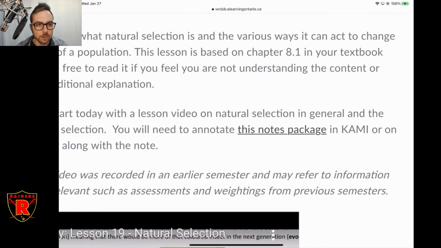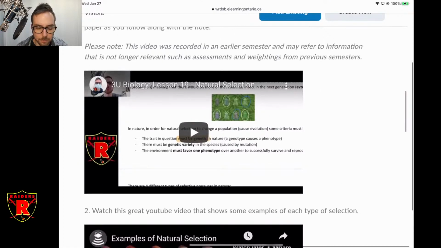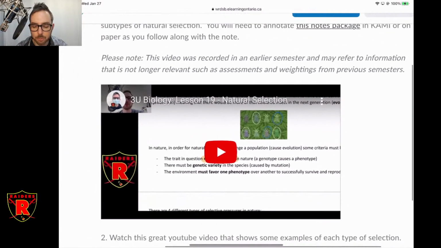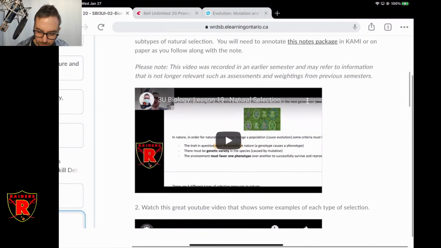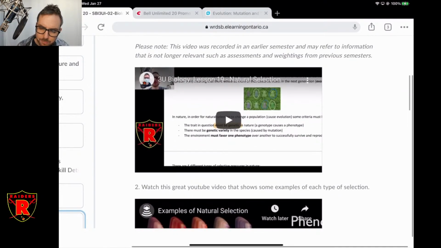There's a note package here that goes along with this that includes this note. The beginning of the note is a reference to the lab activity. I refer to the lab activity a number of times in the note, and I say, this is what you saw in your lab activity. That's why we do the lab first. The idea is that you've seen these patterns. Some of them actually happen in the lab. So if you haven't done the lab activity, make sure you do it. You probably did yesterday, but if not, make sure you do.